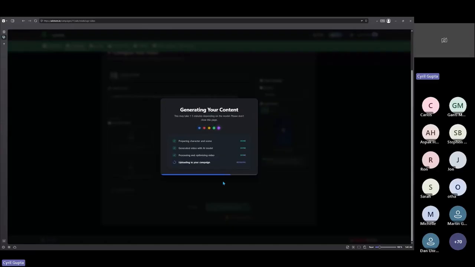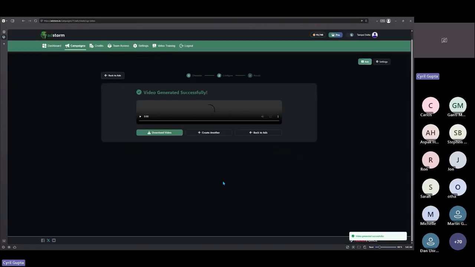Benjamin says, what is the workflow of signing into whatever vertical you want to advertise? Benjamin, you can do niche targeting just by using the AI. You don't need to really think about the verticals or the niches. You don't need to research anything, because AI knows everything about everything. So just give it the landing page, right? You want the traffic to come to a landing page. Just give it that landing page. This AI will figure out everything, and it will create the niche, the advertising for you. It will create the angles. It will create the content. It will create the ideas for you. You don't need to do that yourself.